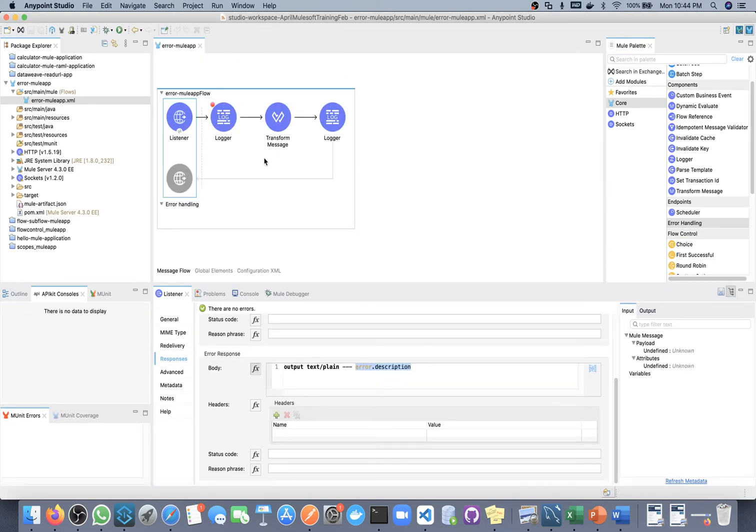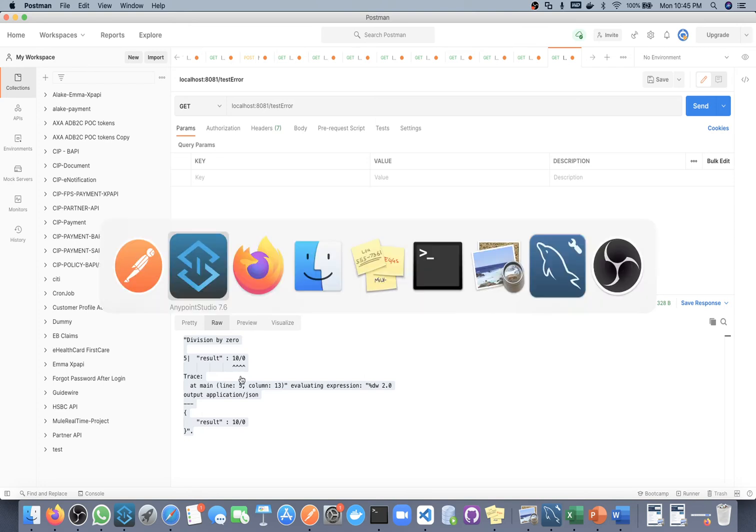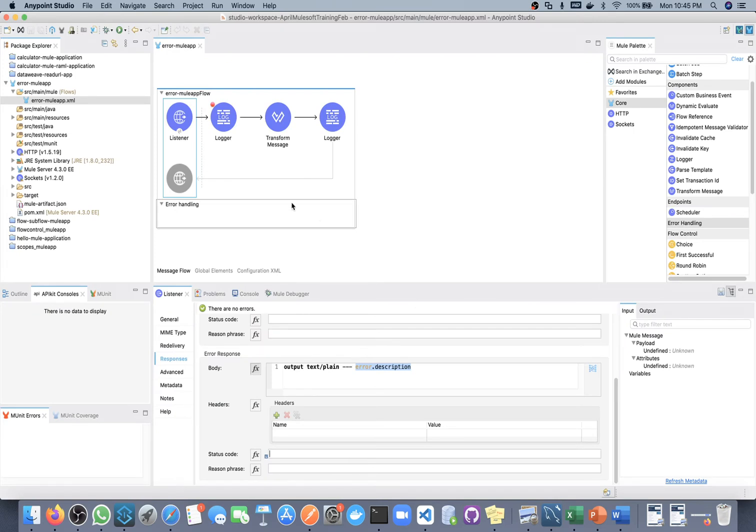Whenever there is any error in the flow, instead of this 500 I want to send some other code, like 505 or 404, whatever I want, we can pass it here. And next thing, in the body also, instead of sending this error description we can customize our response and send it. Okay, so we'll see here.